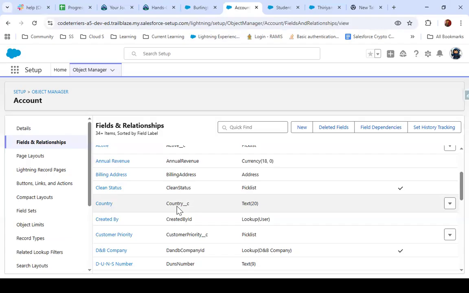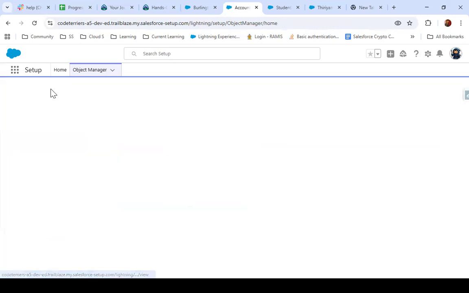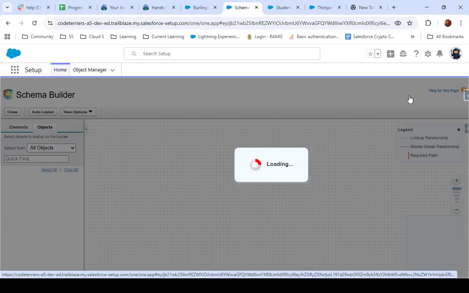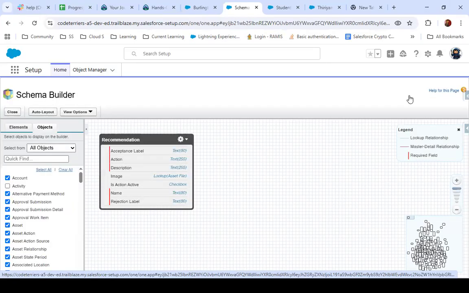In an ER diagram, we represent the data model, the relationship between two tables, right? So here in Salesforce, we have the same. If I go to Object Manager, there is something called Schema Builder, right? If I go to Schema Builder, it will show me all the objects available in Salesforce in a schema diagram. You can think there is nothing, but see, we have this much of data. So if you zoom out,